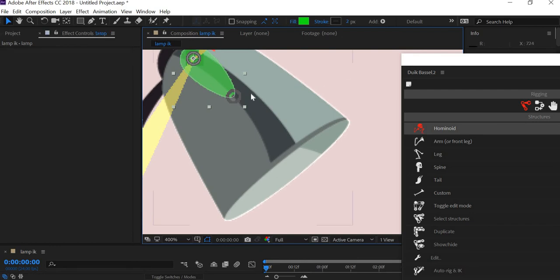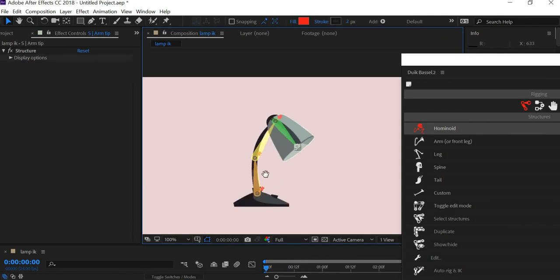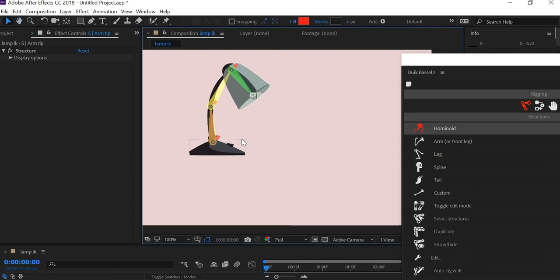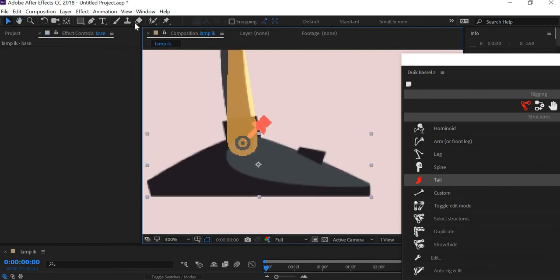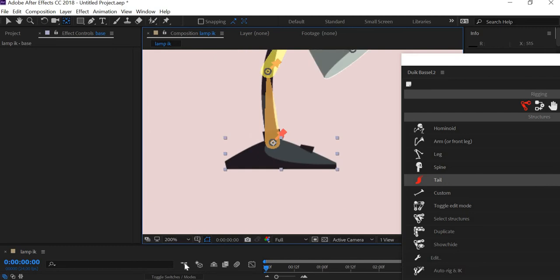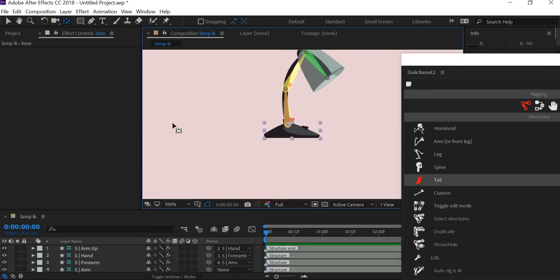I think it can be where it is. To select that over here somewhere. The base of the lamp will have a pivot point also in the same place, and then we will need to create